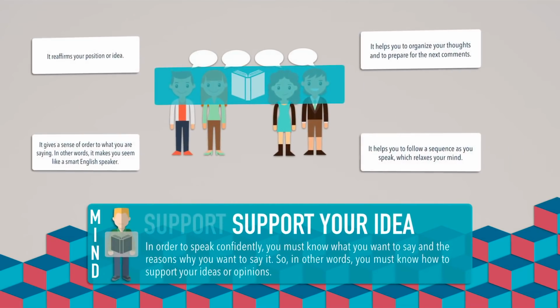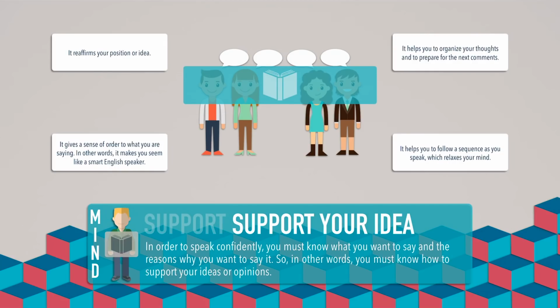And the final thing is support. You want to support your idea. In order to speak confidently, you must know what you want to say and the reasons why you want to say it. So, in other words, you must know how to support your ideas or opinions. Now, this actually reaffirms your position or idea. Okay? So, reaffirm just means to prove again, or you can also say that it means to emphasize, okay? To emphasize,